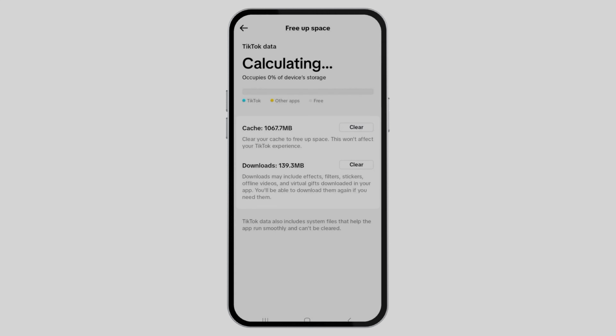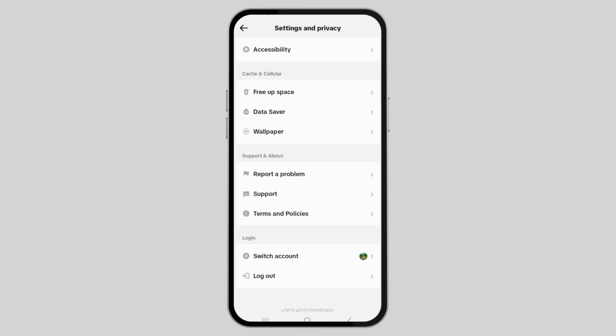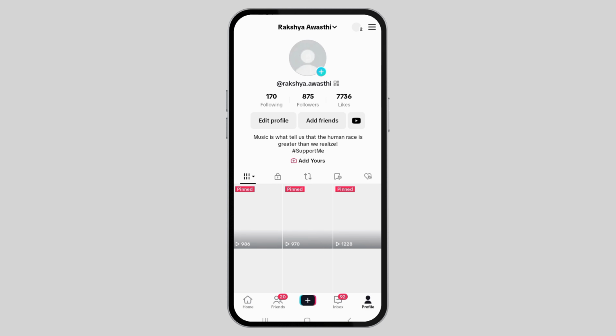Now, turn by turn, you need to clear the cache and also the downloads. And after you clear the cache and the downloads, now you have to go back, and going back you have to go to the message section. Since this is a problem of TikTok message not sending and receiving, go to the message section, and when